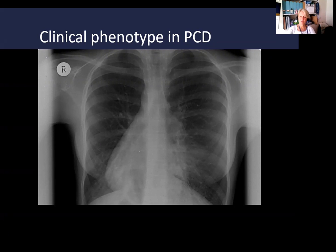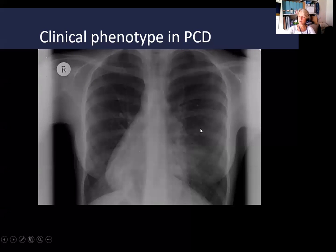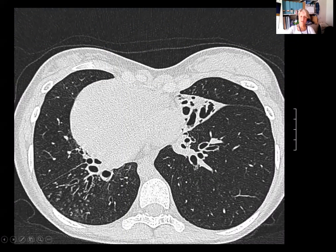And that's quite important because that is different to cystic fibrosis, which tends to favor the upper zones. Some radiologists would tell you that if they were given CT scans from a cohort of PCD patients or a cohort of CF, they could, with about 80–90% confidence, tell you whether it was PCD or CF related because of the distribution of disease in the